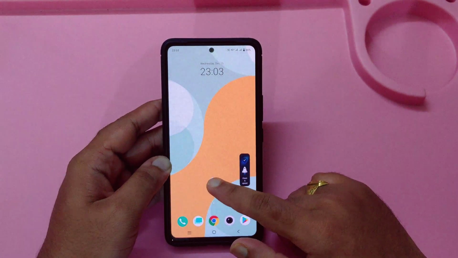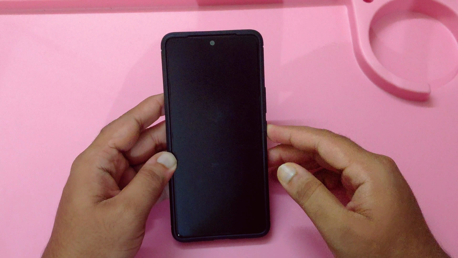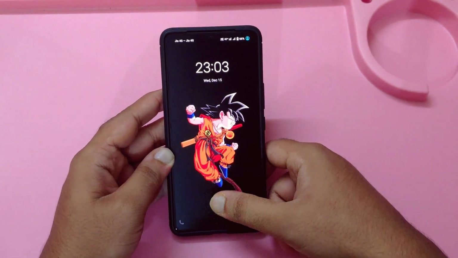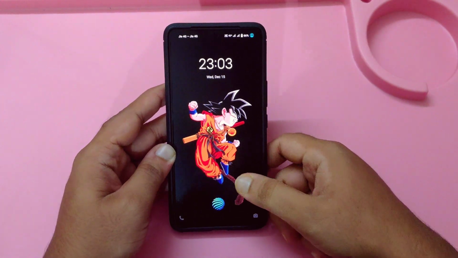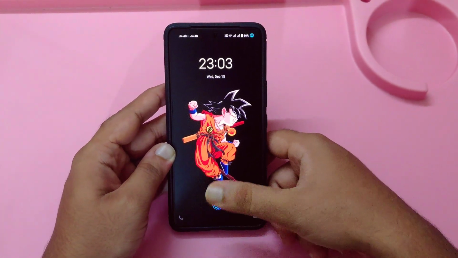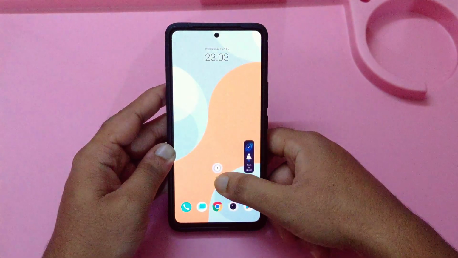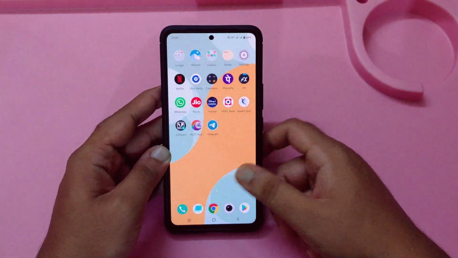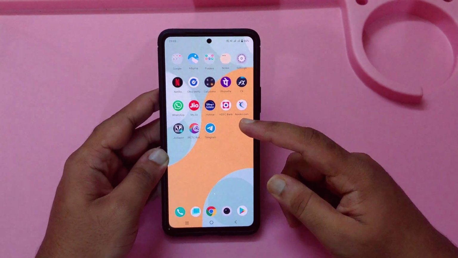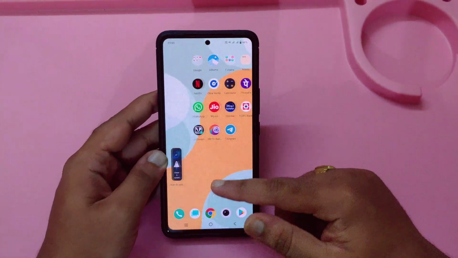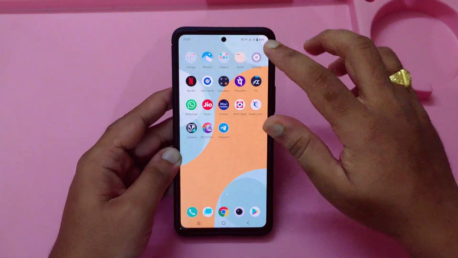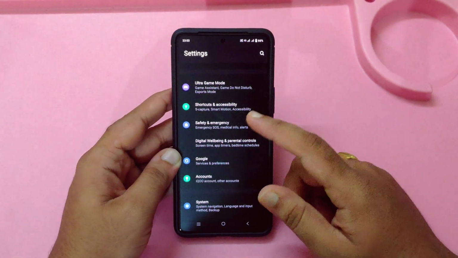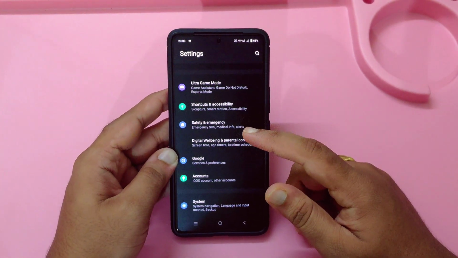And also, as you can see, this is the lock button, so simply we can lock. The fingerprint is also very good, it is too fast. As you can see, it is always pretty good in the iQOO 7 device. If we just keep like this, it will just open the fingerprint without an issue. The one I like the most is this standard mode. I love to see the apps on the home page like this, and there are some settings as well. Ultra game mode is also working fine without any issue.